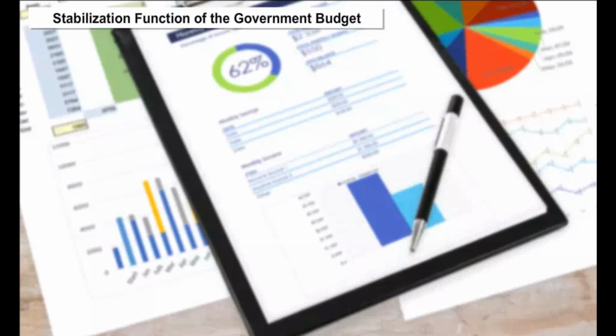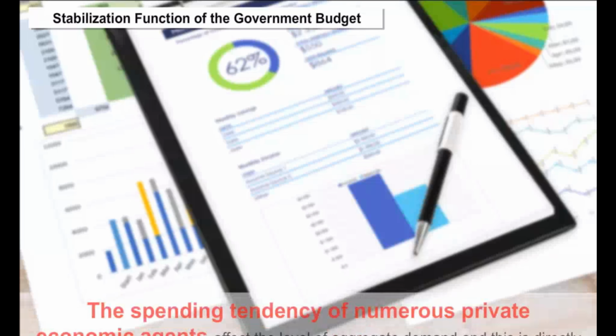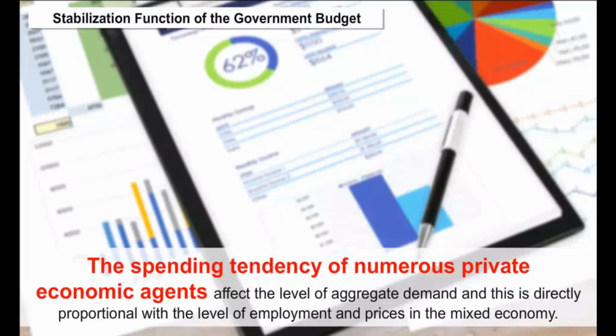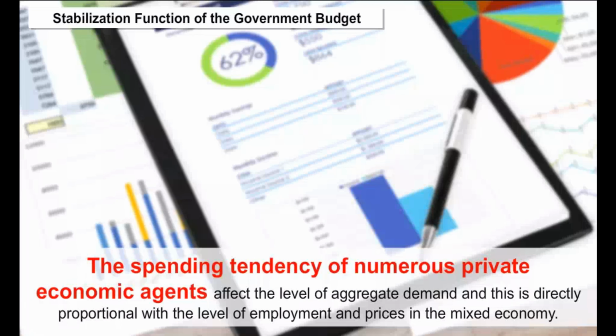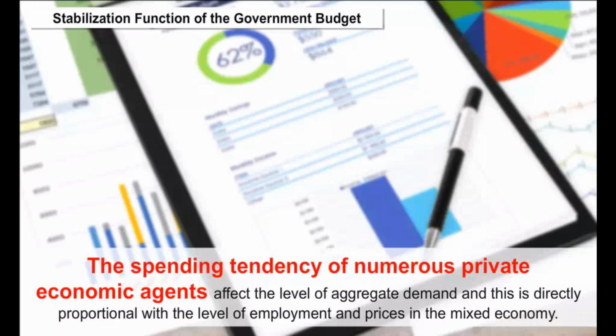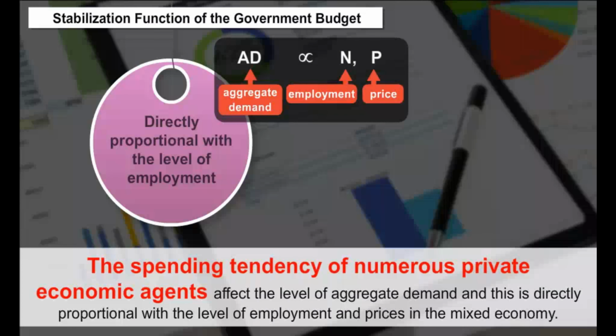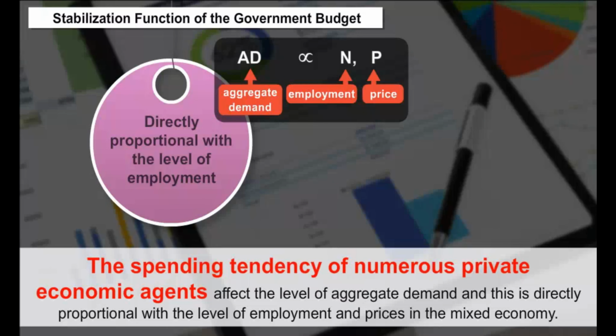Stabilization function of the government budget. The spending tendency of numerous private economic agents affects the level of aggregate demand, and this is directly proportional with the level of